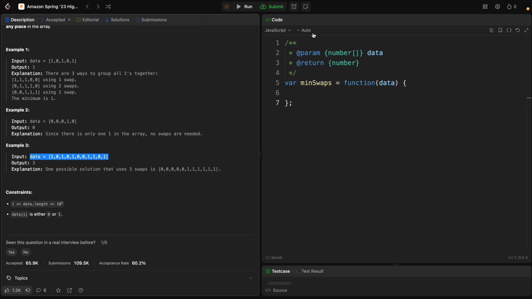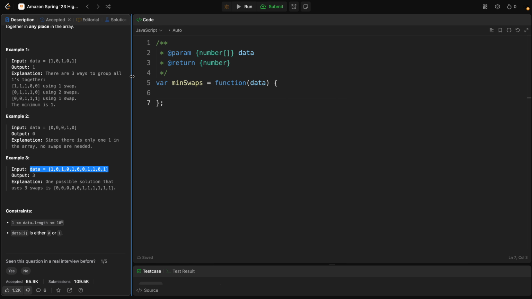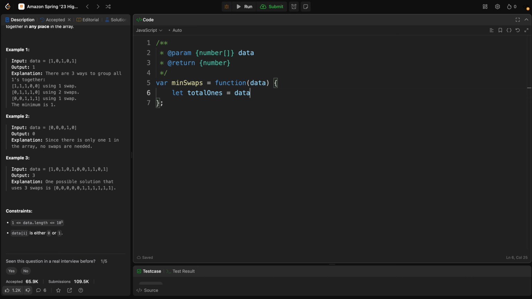The solution of this one will not be that hard. It will be quite easy in my opinion. So let's try to see how we can do it. First, we want to get the total ones. So I will create a variable called total ones, which will equal data dot reduce with sum and num,